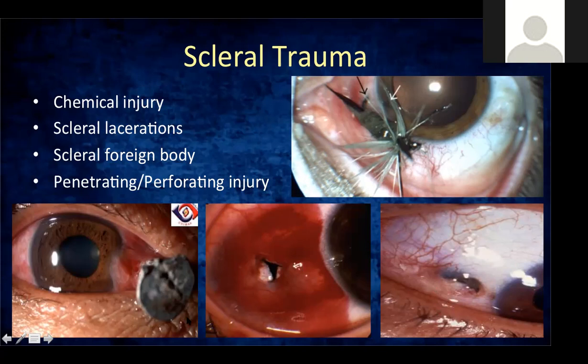Sometimes, foreign bodies enter the eye and you cannot see them like this, because they are no longer at the opening and may have gone inside. So you have to do imaging there. You might have to do a CT scan, an X-ray, or even an ultrasound. Most of these conditions are surgical, so we have to manage these in the OR. I think that's my last slide.